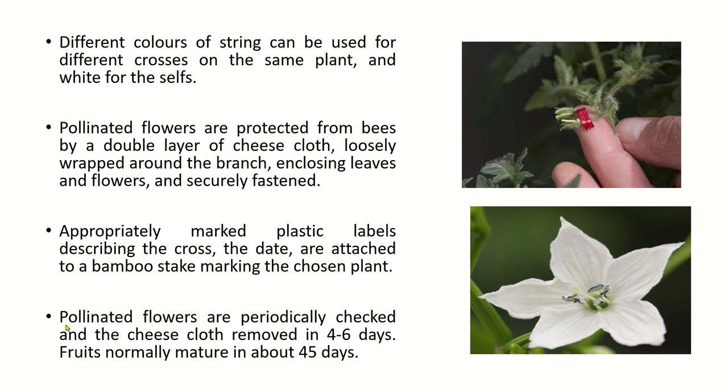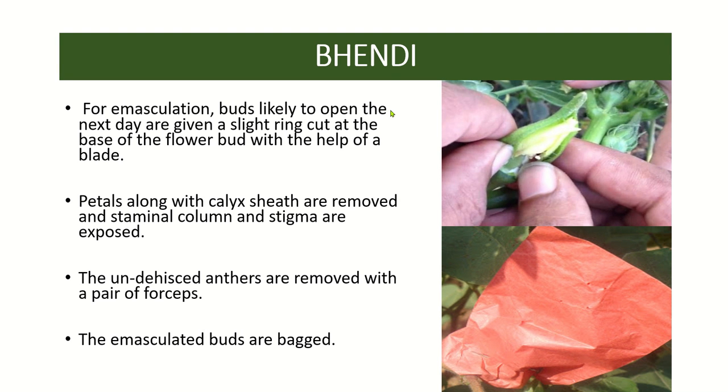Okay, the next thing is pollinated flowers are periodically checked and the cloth is removed after 4 to 6 days. Fruits normally mature in about 45 days. We are going to remove the butter paper or cheesecloth bag right after 4 to 6 days, or you can say a week, because you have to expose the growing fruit, the hybrid fruit, to the external environment